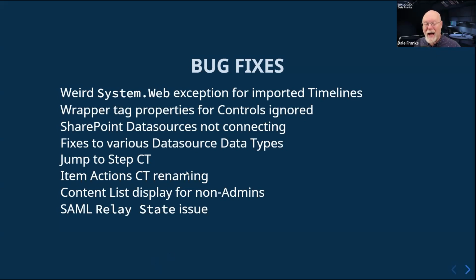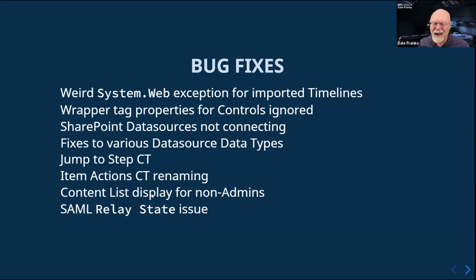Now, for the item action CT, it's going to be one of those rare cases where you're going to have to install both the product and the new CTs for that item action CT to work. So that's going to be a little confusing. We generally like to keep the CTs completely separate from the product. That's not always possible because as we add new things to the product and we create changes in the CTs to account for that, there are sometimes linkages. We haven't had to do that for a couple of years now, but unfortunately, I think this is going to be one where we are going to have to do that.